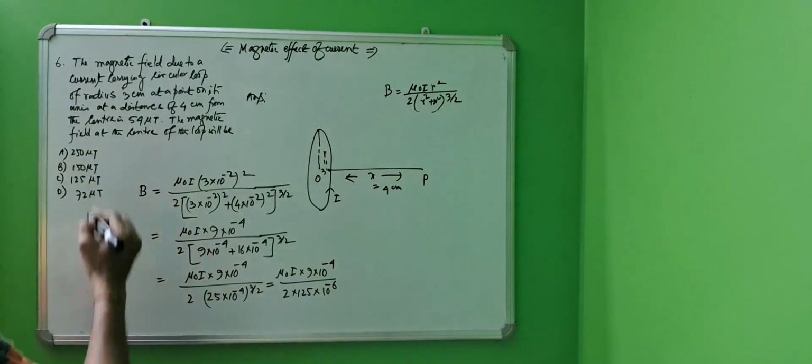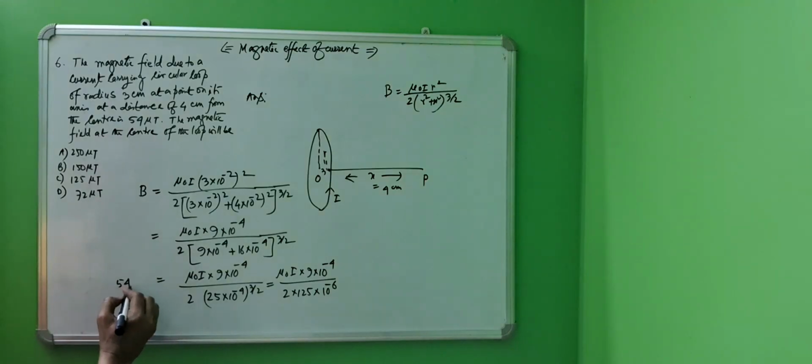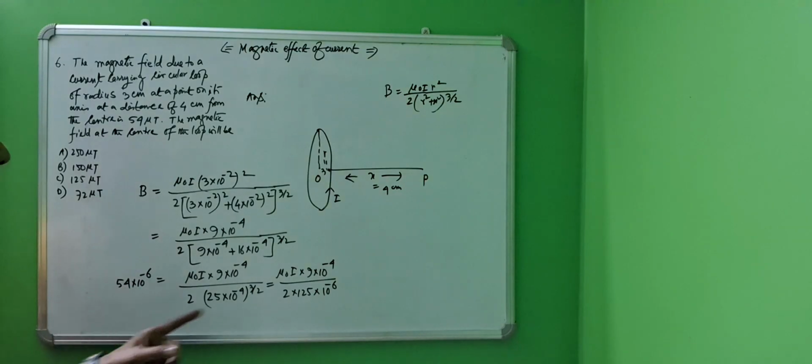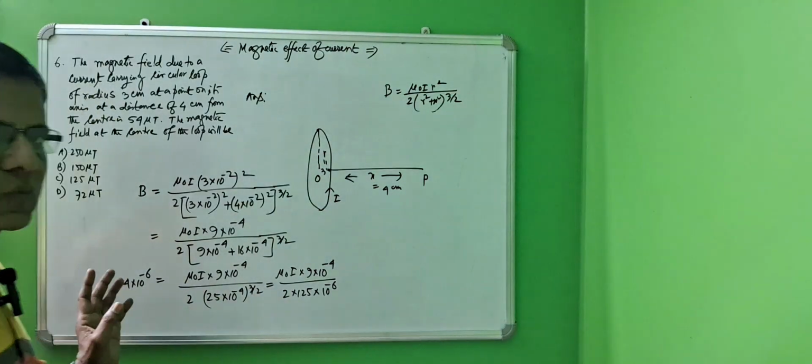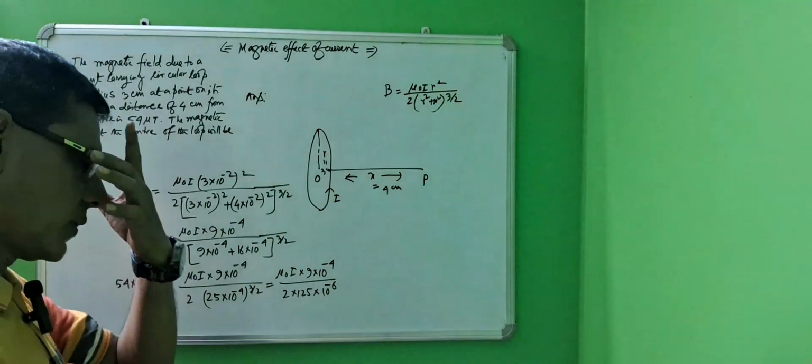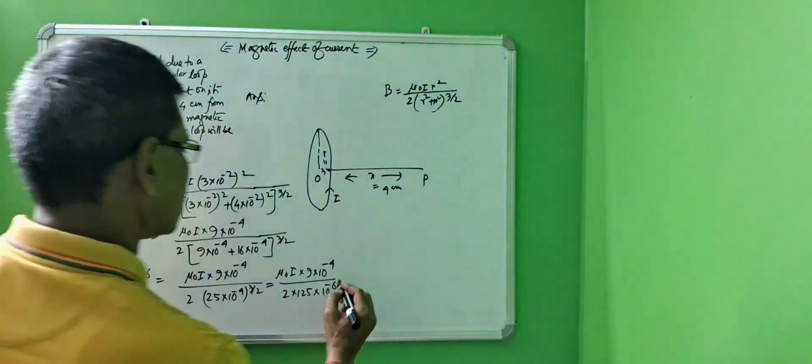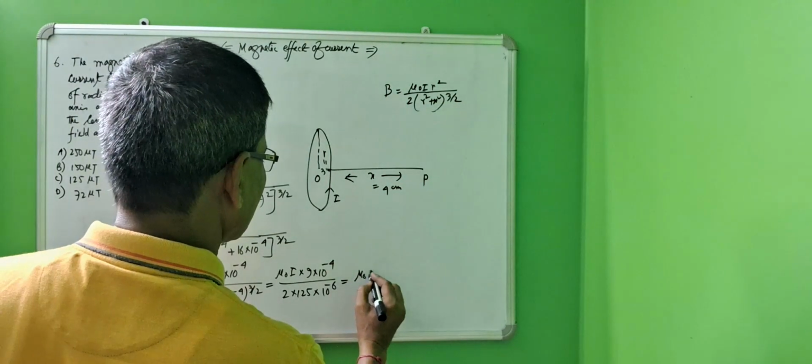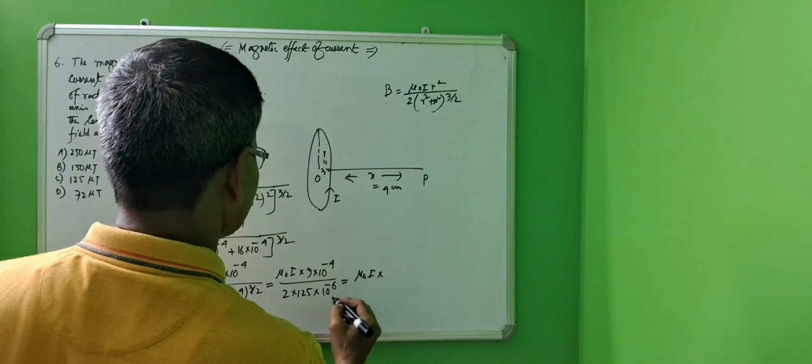Here B is given as 54 into 10 to the power minus 6 Tesla. All of the units are in the SI system, equals mu 0 I into